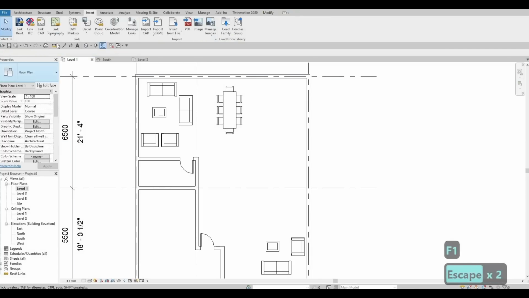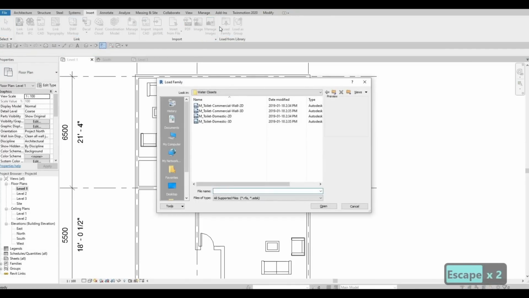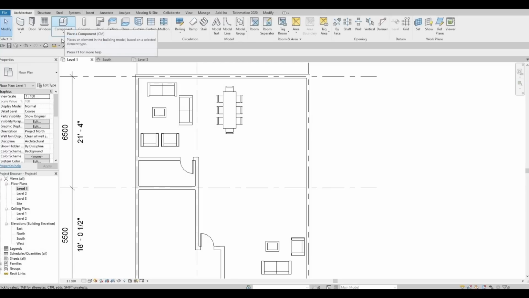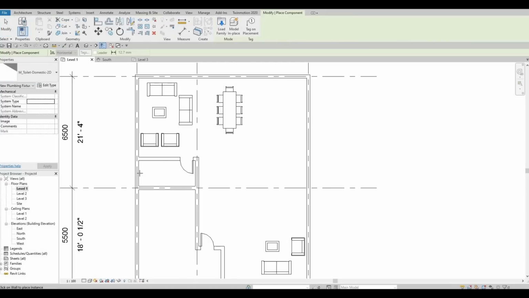So the error is I didn't escape the last one so that I couldn't load it. So just press escape if you cannot load it and then click on this, and then now you'll be able to load the file and then press component. I'm gonna add it right here,